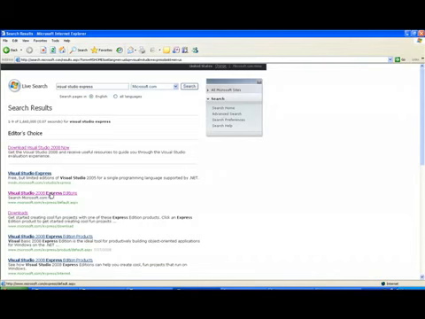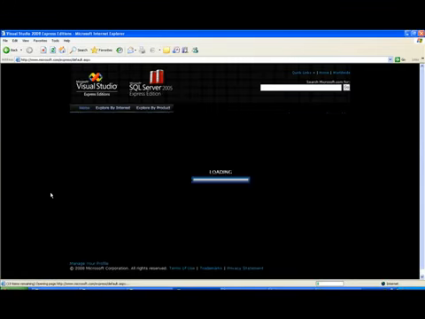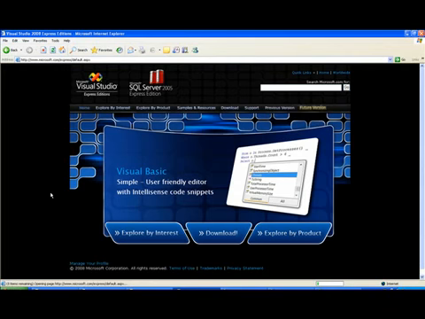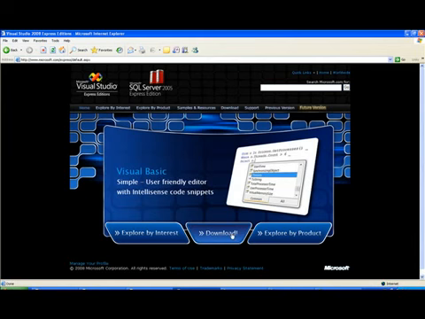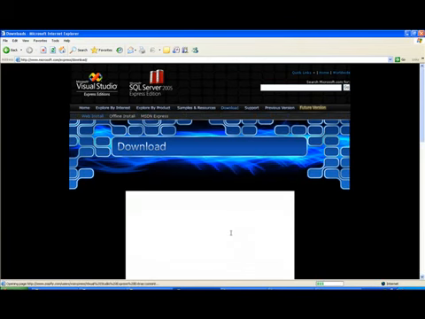So the Visual Studio 2008 Express edition, or editions actually, is the link that I want, because there's several different versions of Visual Studio. When this window opens up, see a little dynamic graphic, I click on the download button to go and find the edition that I'm looking for. Because I'm working with C#,